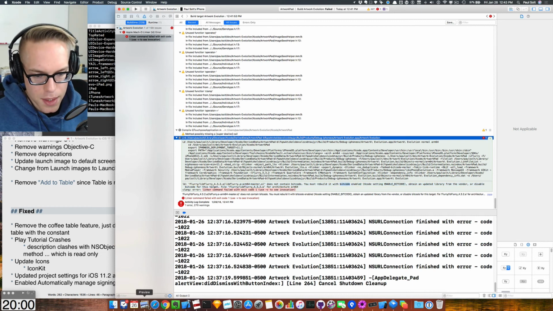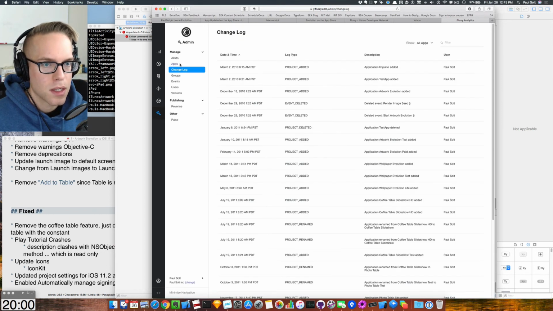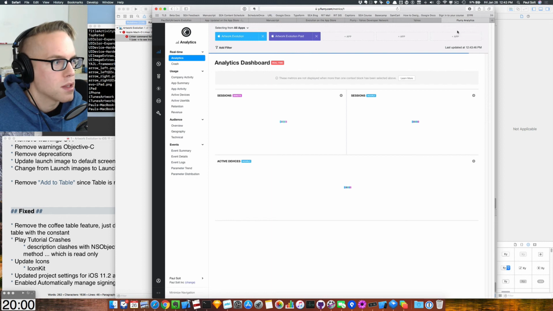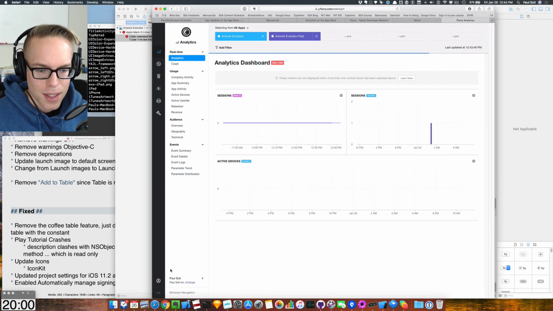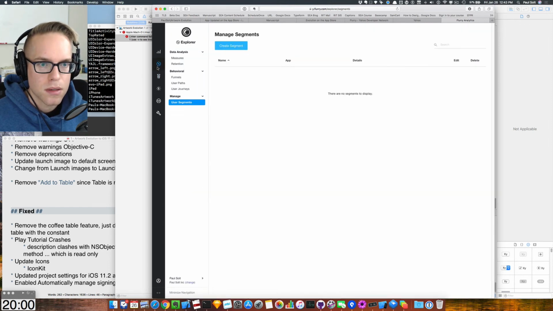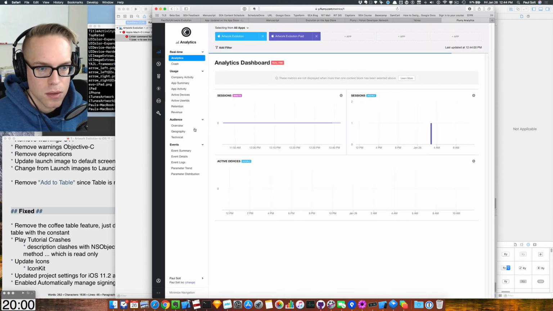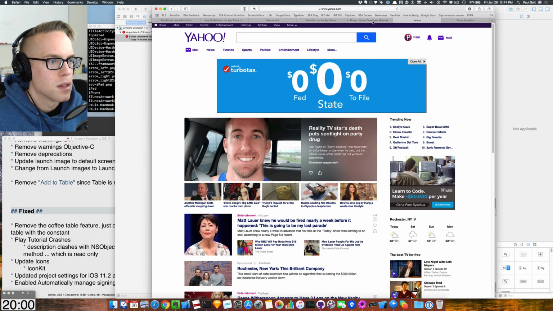It's not bitcode enabled, so that is going to be a stopping block for me to get this working. So that's something I'm going to work on once I find out how to download the API, which I cannot seem to figure out because they've changed their UI again. But if you want to track how people are using your applications, this is a good way to do it. I've learned a lot, and it's been helpful to understand